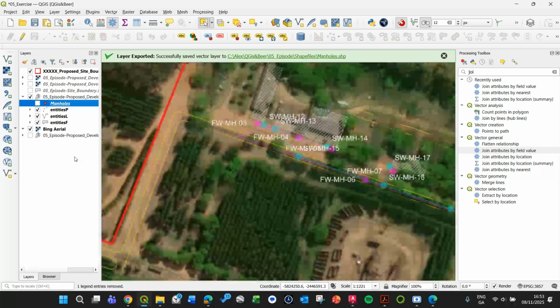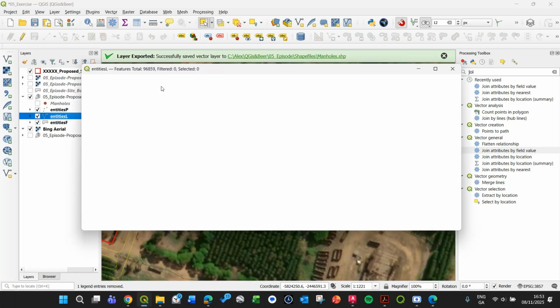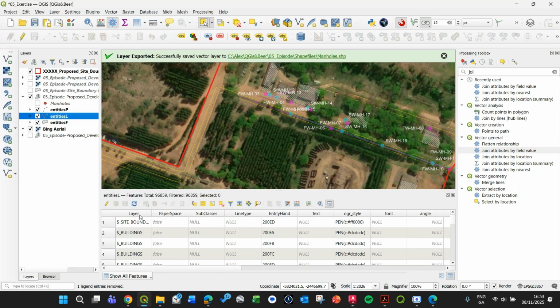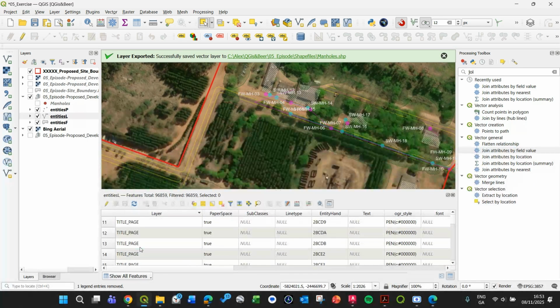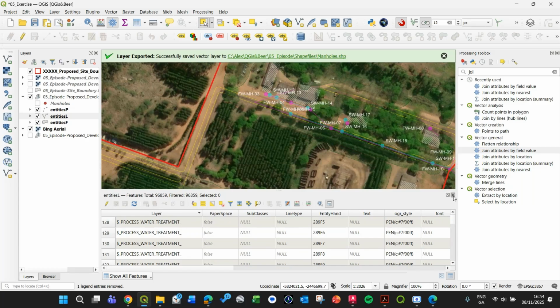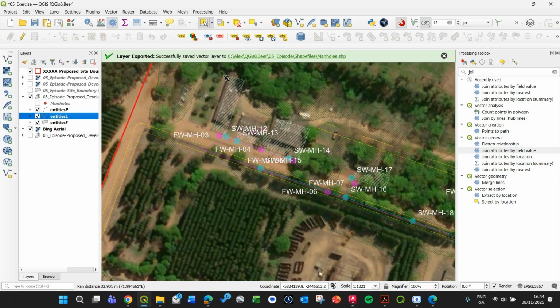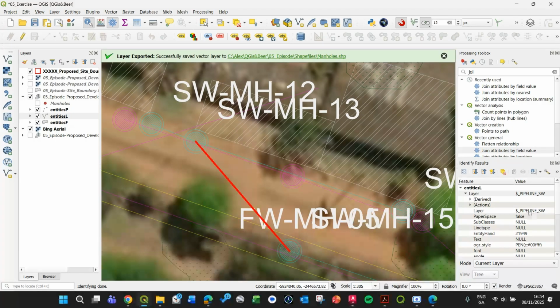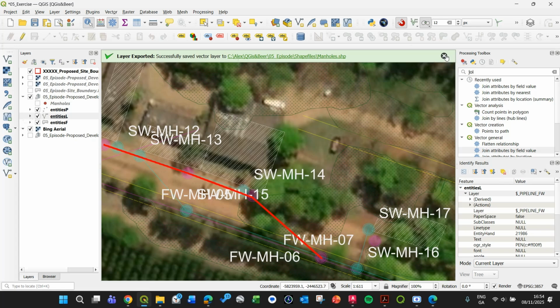Pipelines are lines, so just open the attribute table, wait a bit, dock. I like to dock to make it easier to work, organize by layer, and let's look for everything within layers. We know why I'm doing this, because I know these pipelines here are in these layers. So pipeline storm, here pipeline foul. So I just need to go to the attribute table